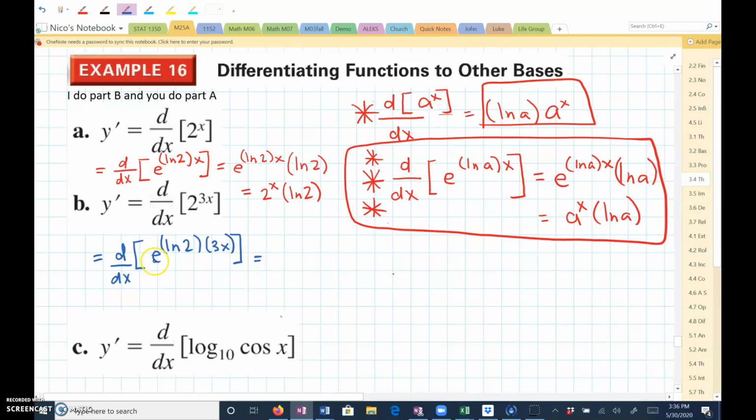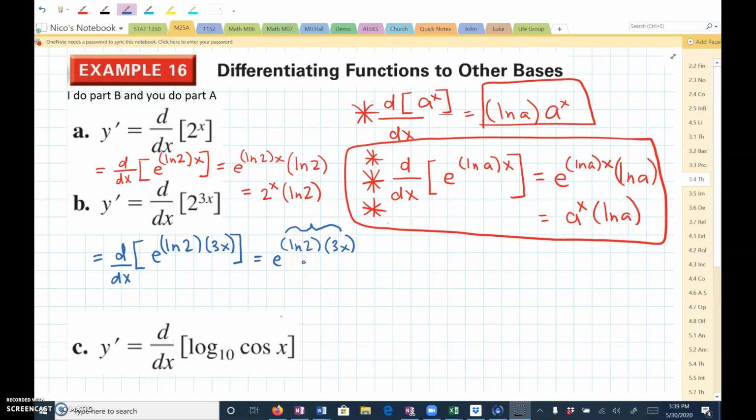When I take the derivative of e to the natural log of 2 times 3x, that's going to be e to the natural log of 2 times 3x. And then again, the chain rule, so I'm going to take the derivative of this,